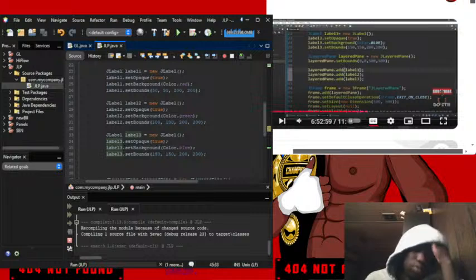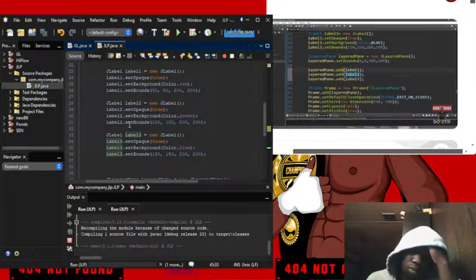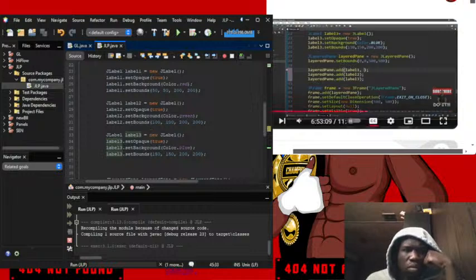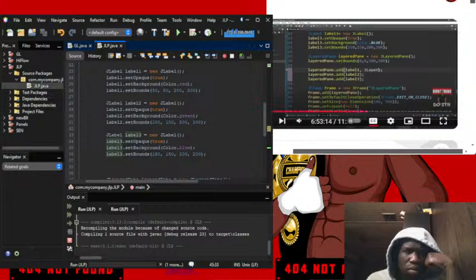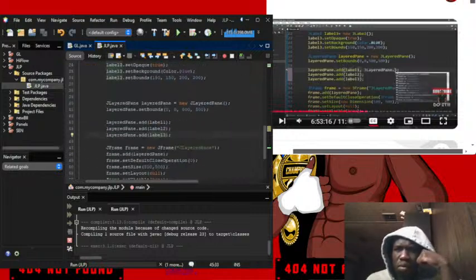So with label 1 and label 2, what we're going to do is that if we want to add this to the bottom layer, which is the drag layer, we're going to add the component followed by a comma, then type in JLayeredPane dot